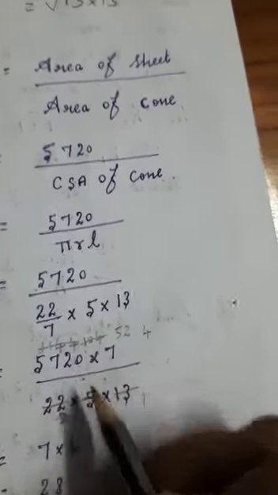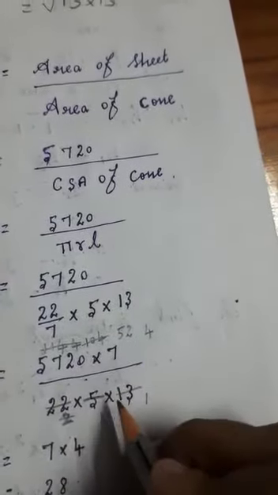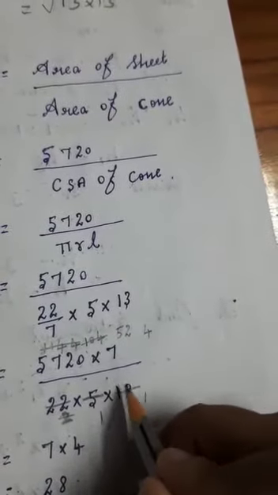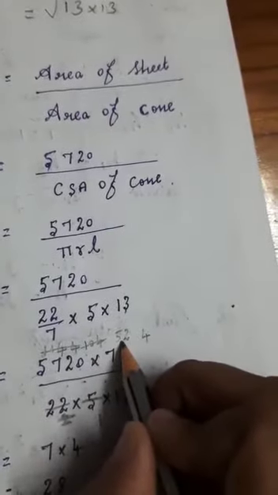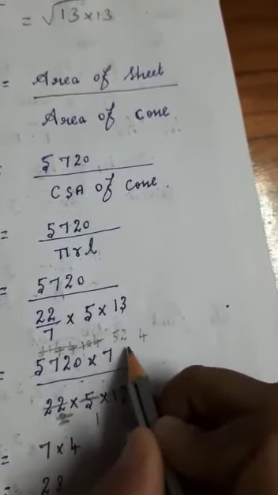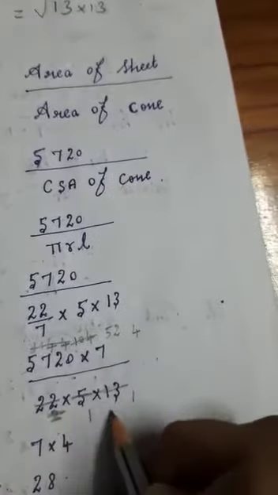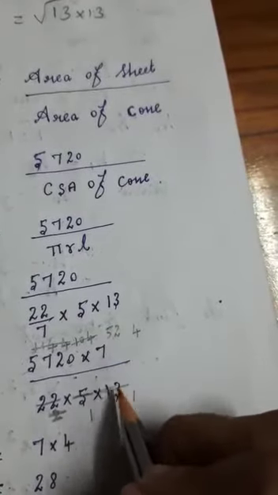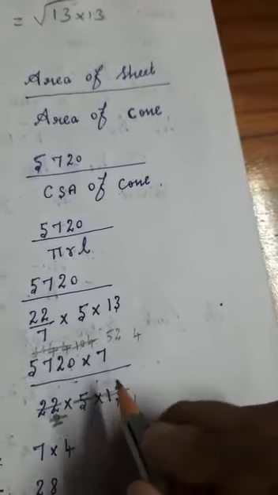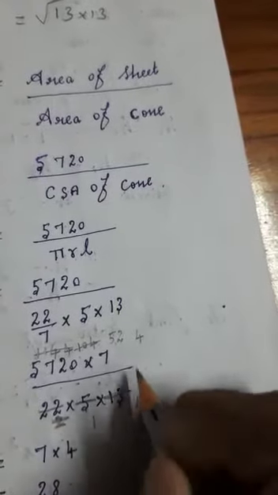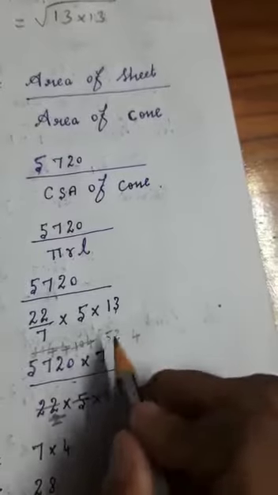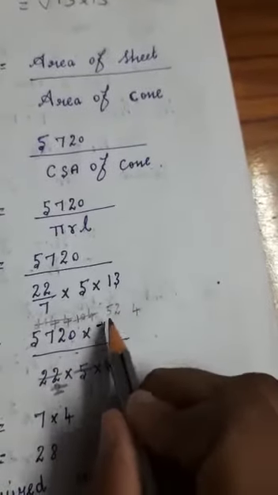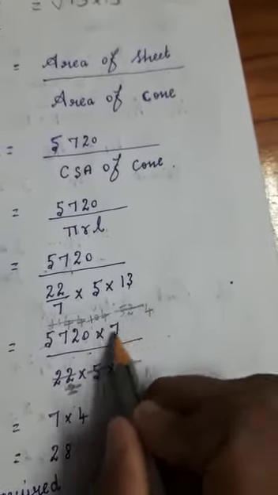So 104 you have. Again, if you use the 13 table here, taking the 2 table, 5 2s are 10, 2 2s are 4 will come. Now 52 you have. 13 and 52 you can cut using the 13 table. So 13 1s are 13. After that, 5 4s are 20. 4 13s are 52. Now remaining, you have 7 and 4.